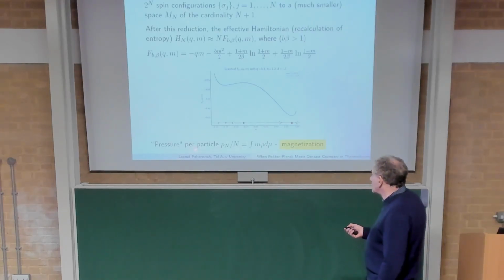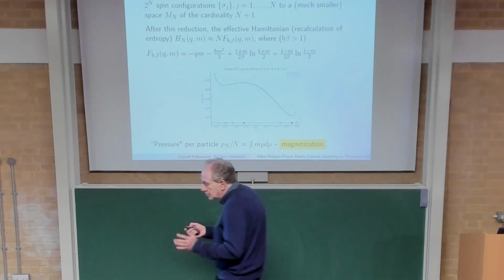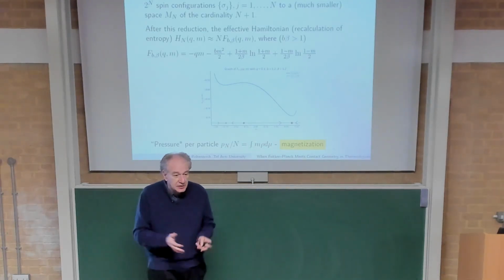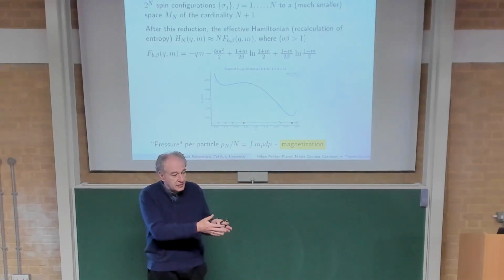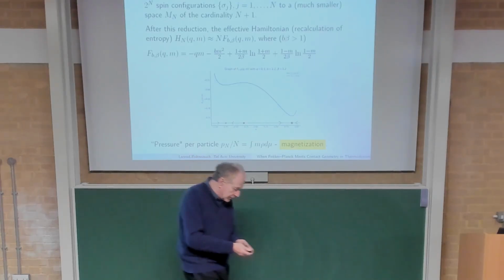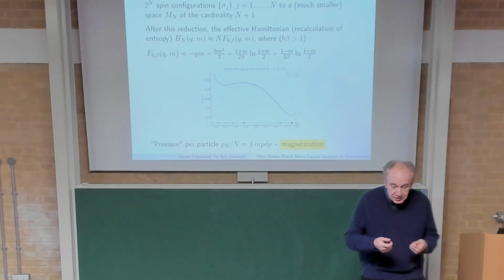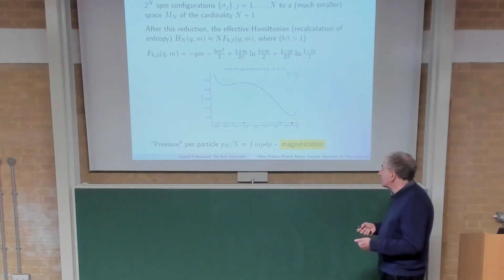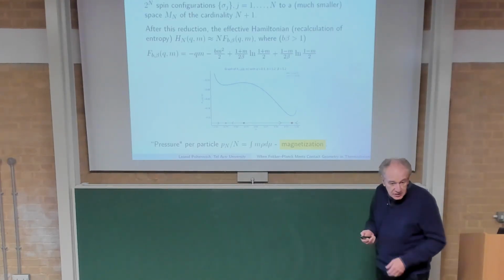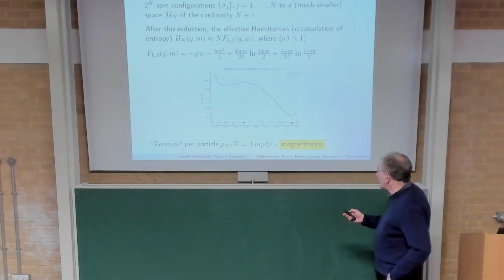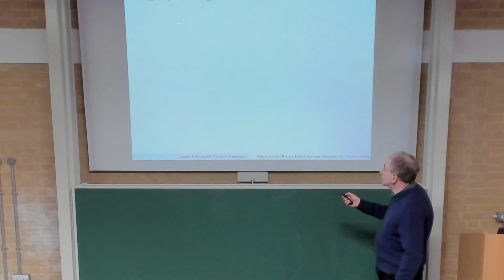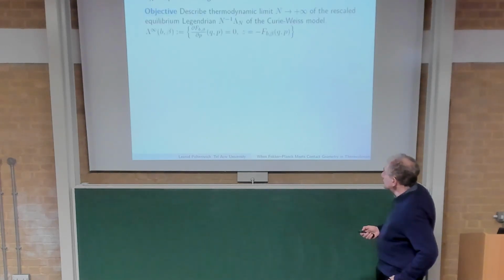And pressure per particle, in this situation, is just magnetization. So it's integral m rho d mu, okay? So somehow now it's clear what our parameters are: magnetic field, magnetization, so kind of the average spin of our magnet, and free energy per particle. Okay. So what we do, we take this equilibrium Legendrian for lambda n, and the objective is the following: we